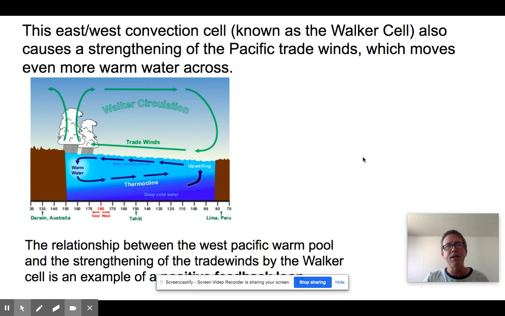Now this convection cell, which is known as the Walker cell, one thing it does is it causes a strengthening of the trade winds, because the Hadley cell, because of the Coriolis effect, makes trade winds even without this warm water here. Like you don't have this warm water to this extent in the Atlantic Ocean, but you still have trade winds. But here what you get is very, very strong trade winds because they are enhanced by and reinforced by this Walker circulation. So the trade winds in the Pacific tend to be really, really strong. That's why they're able to hold the water half a meter higher over there.